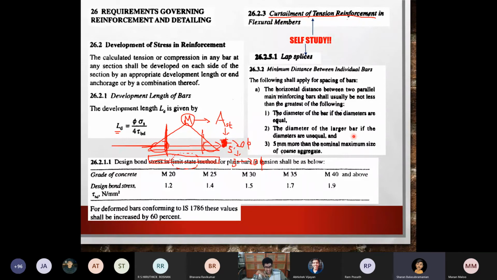Okay, fine. Certainly not exactly, but it's related to that. The process is, first the mold of the beam will be made, reinforcement will be placed, only then concrete will be poured. So when you pour the concrete, if the reinforcement is placed very closely, the aggregate will not be able to go to the bottom. It will be blocked by the reinforcement. You will not be able to place and compact your concrete properly if it is congested like this. It's a problem of congestion. So this is how you decide the spacing.